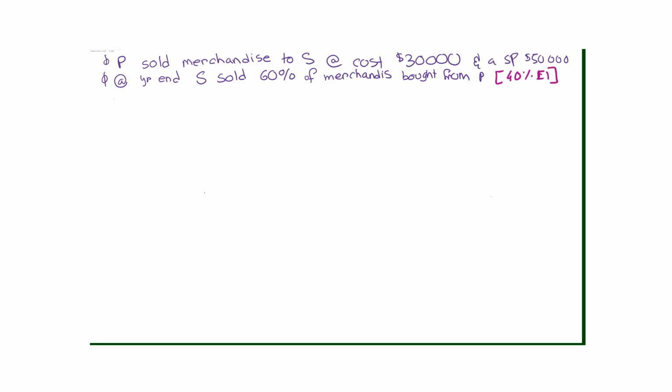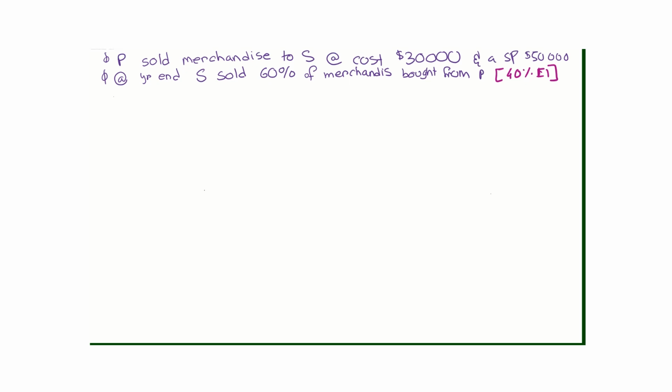Okay, so let's get to it. I think the best way to understand it is by first looking at how they recorded these transactions in their internal books and then moving on to how they would eliminate these entries. So let's get started first from P's perspective. So on P's internal records,